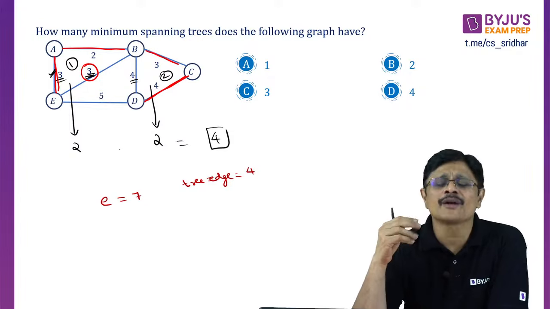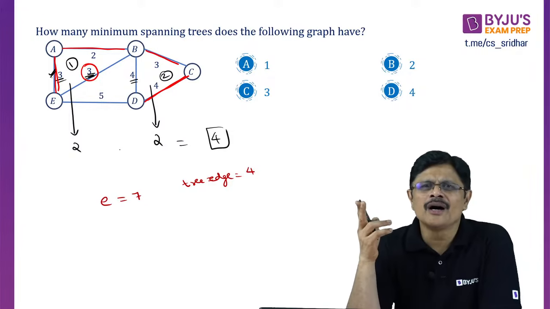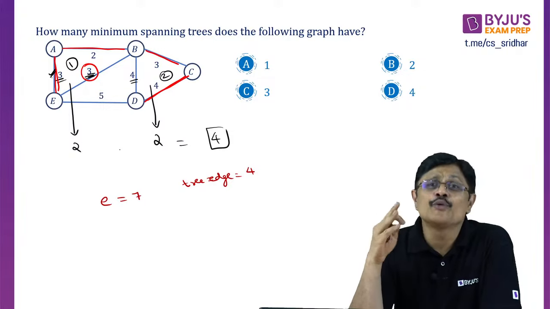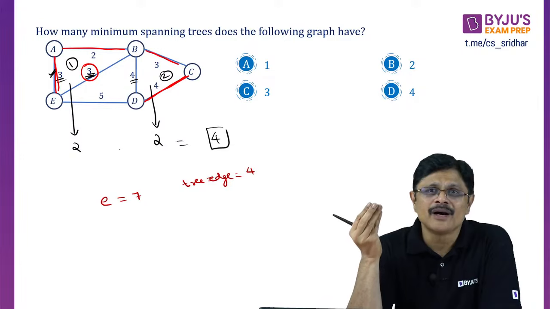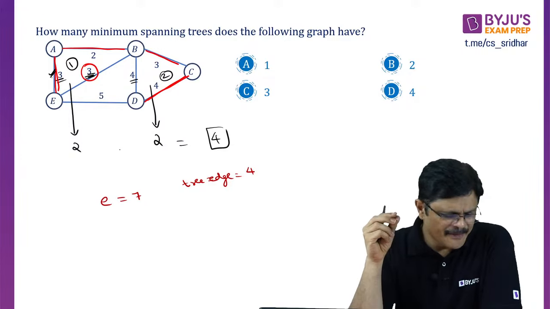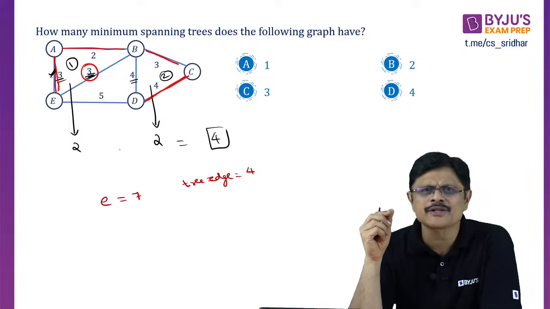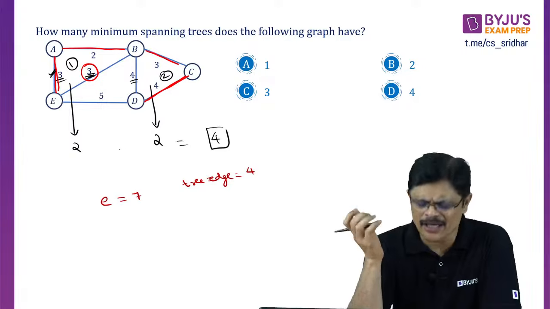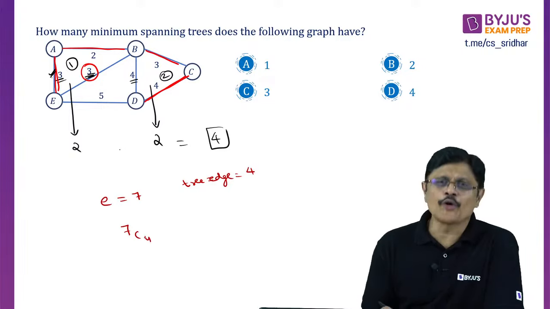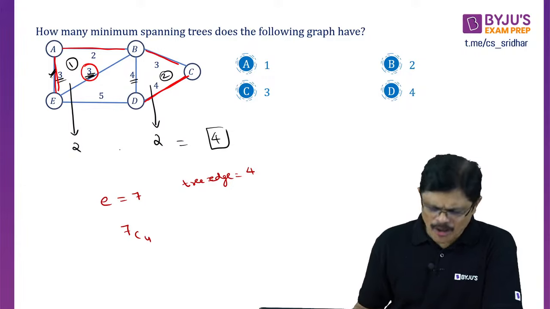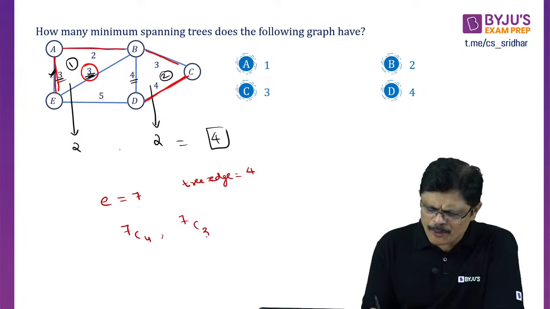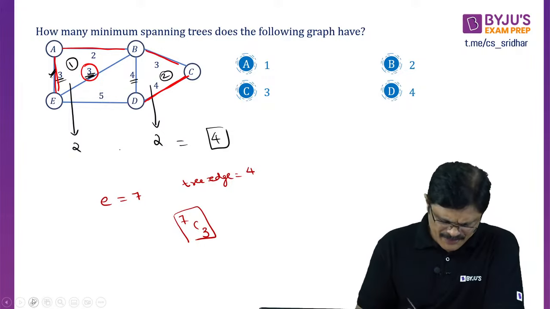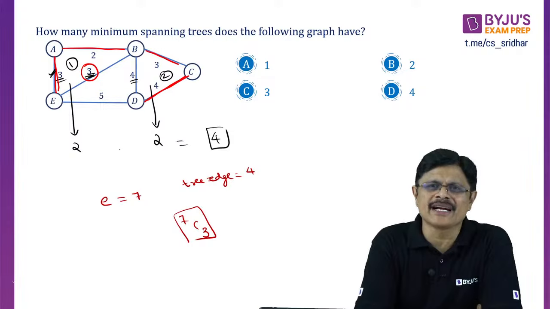And from the total number of edges, what happens if you select any 3 edges which are to be removed, or 4 edges, okay, 7C4 also you can do, because if you remove 3 edges, 4 edges will be there. Okay, 7C4 you are going to do. See, you are going to keep 4 edges. How many edges do we have to remove to get this spanning tree? We have to remove 3 edges to get this spanning tree.